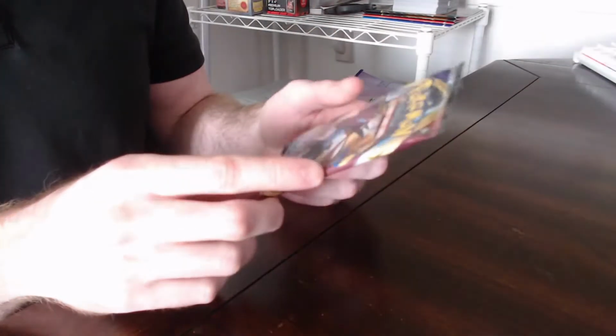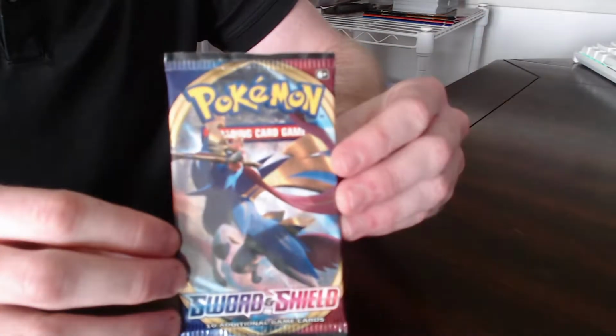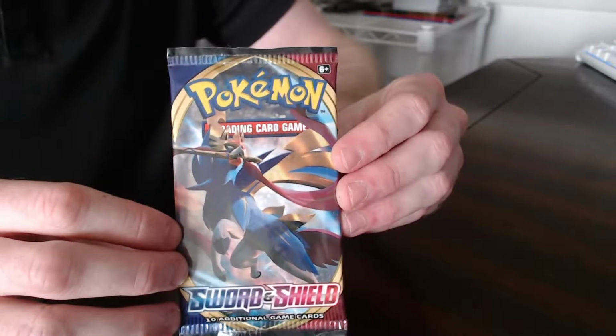So maybe I should start off with Sword and Shield because I think the order is Sword and Shield, Rebel Clash, Darkness Ablaze, and Darkness Ablaze also has the Gigantamax Charizard, so that would be a super, super sick pull to get. So a lot of things that we're chasing here. And we're going to start off with